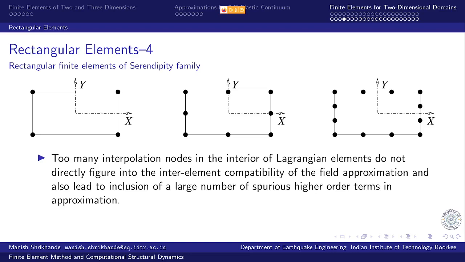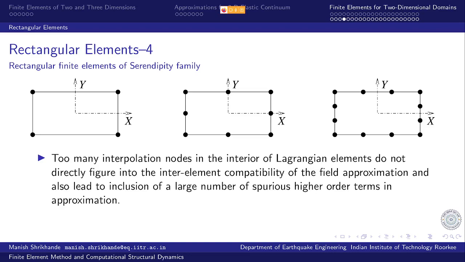The serendipity family was developed because the interpolation functions were often developed by using trial and error to begin with. Now, of course, we have a very well defined rational process of developing interpolation functions for the serendipity family, particularly since we rarely need to go beyond quadratic variation, at most cubic variation, for finite element approximation. So the process is very logical now.